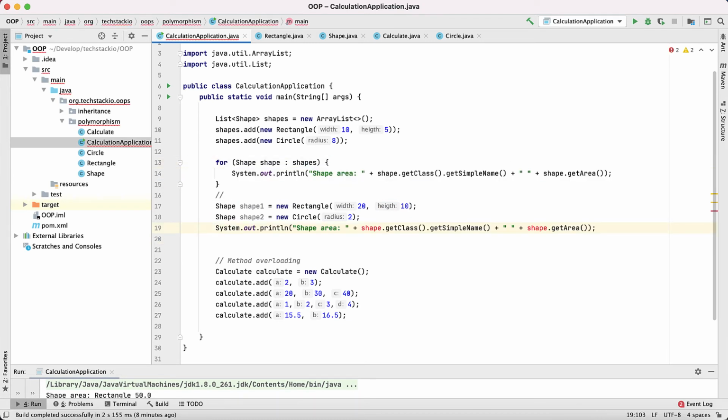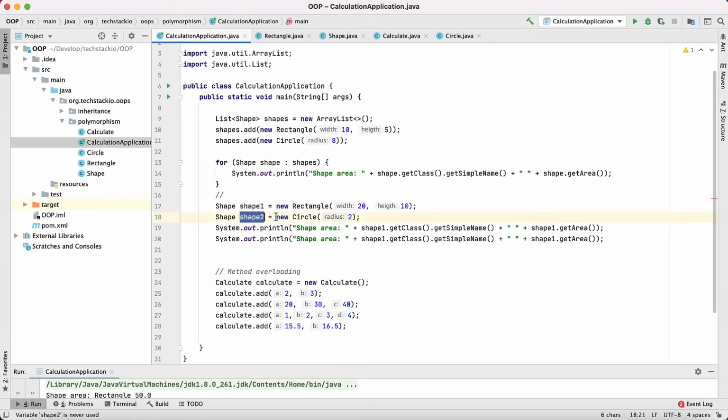I just want to explain what exactly dynamic polymorphism or runtime polymorphism is, which is nothing but overriding. So here you could see shape1 dot get area, shape2 dot get class, and shape2 dot get area. So shape1 area, shape2 area.